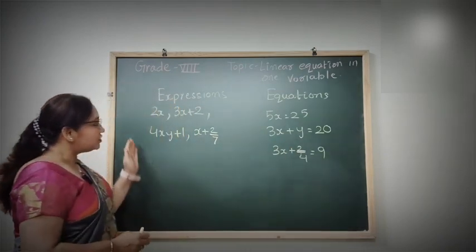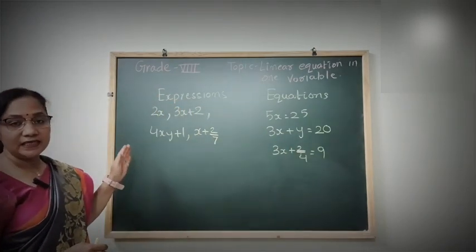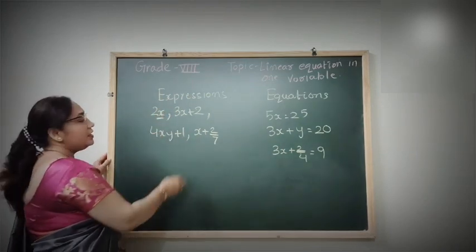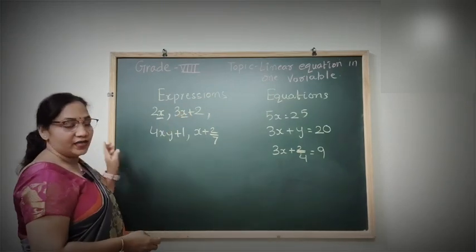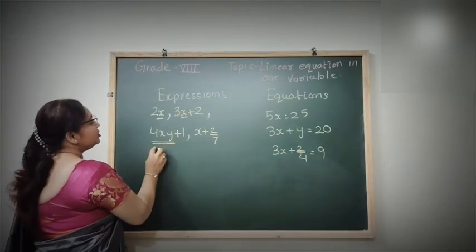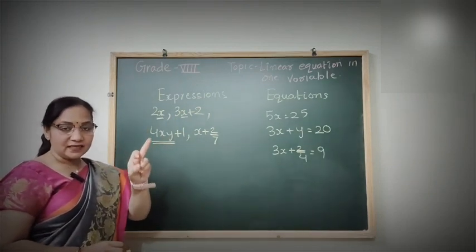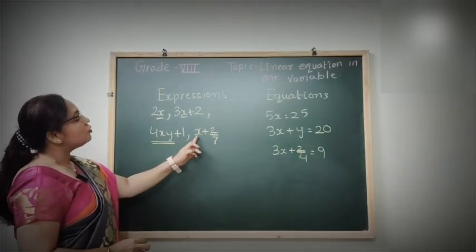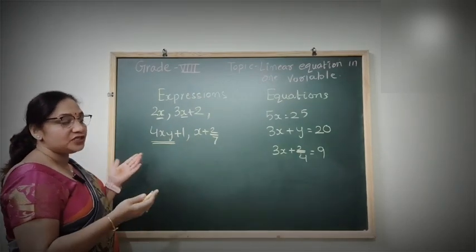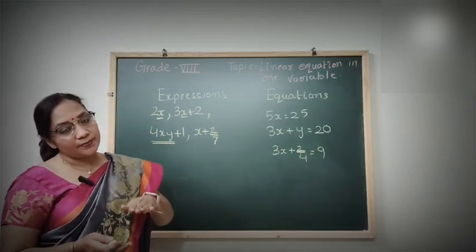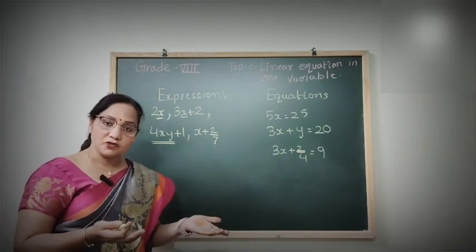Now when you go through these expressions, you can easily see that here you have x, one variable. Here also you have x, one variable. If you look at this expression, you are having 4xy. xy, यहाँ पे दो variable है, x and y. While here you have one variable. So we have expressions wherein you have one variable also and more than one variable also. Somewhere you may have three variables also.